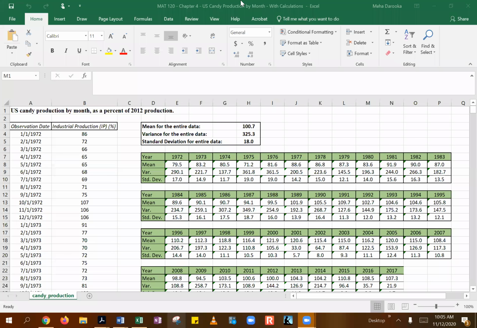This US candy production assignment that we had talked about. So what I did here is I calculated the overall mean, variance, and standard deviation for the entire table. So that goes from 1972 all the way to 2017. So you can see that mean comes out to be